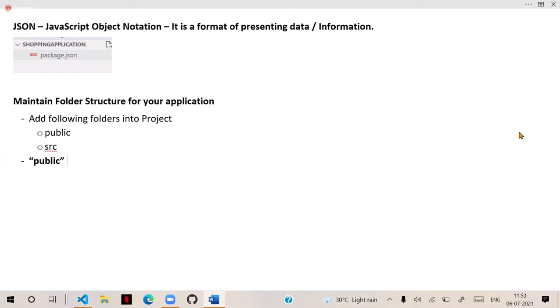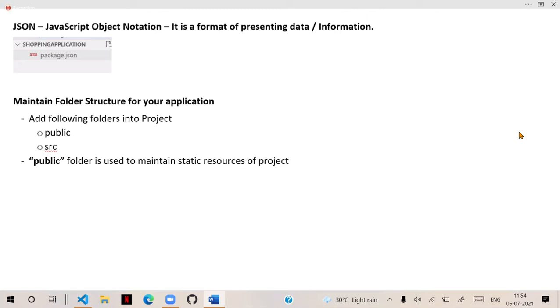folder. The public folder is used to maintain static resources of the project.